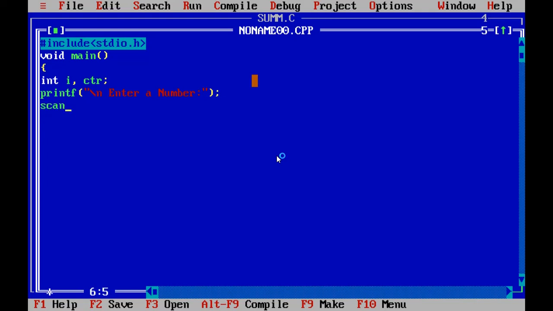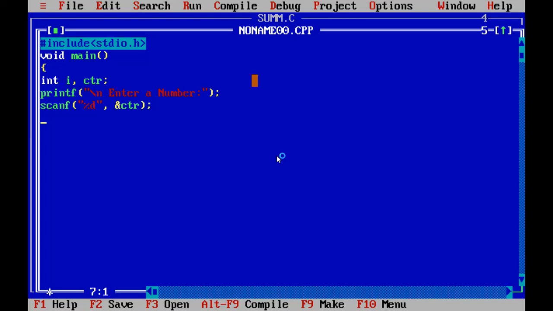By using the scanf function, we will read the data. %d is used to read the integer number. This is the control string. After that, we are writing the address of ctr. This address of ctr means it stores the entered number in the ctr integer variable.